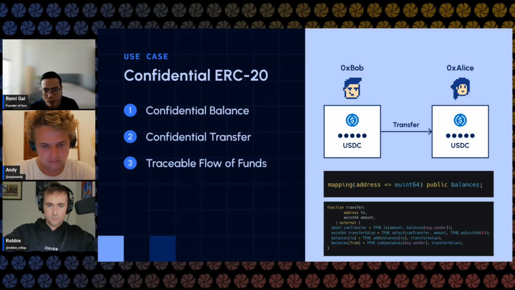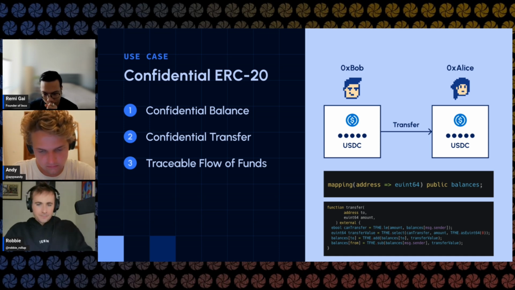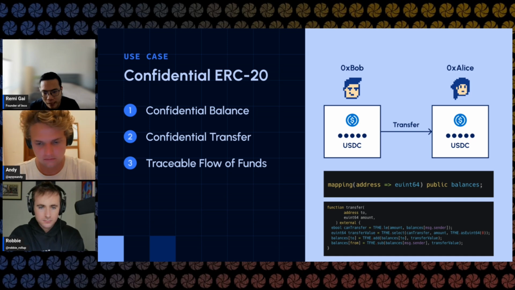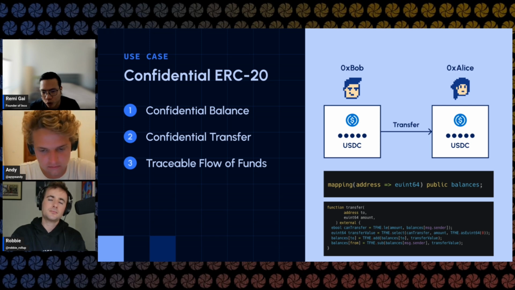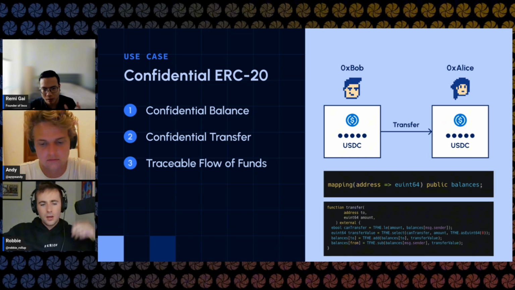A couple examples. Imagine building a confidential ERC20 where Bob sends money to Alice. The balance here is confidential. In Solidity, it's just a mapping of address to euint for your balance. It's an encrypted integer. And when you do a confidential transfer, essentially you are doing an FHE comparison: do you have enough balance? And then you also add a hidden amount to the recipient's balance, which could be 0 or the actual value here. So essentially, you are able to do conditional validation, logic validation over encrypted data, and then complete this confidential ERC20 transfer.